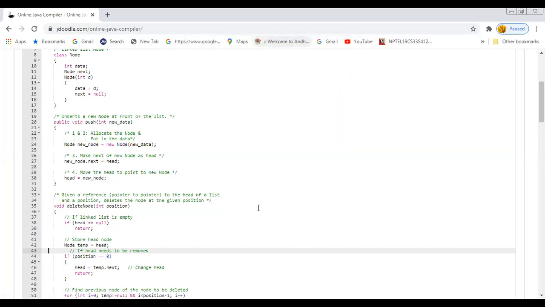That means what it indicates? Yeah, you want to delete an element from the beginning of the list, that means the head node. If you want to delete the head node, you can specify the position as 0. So if that is the case,